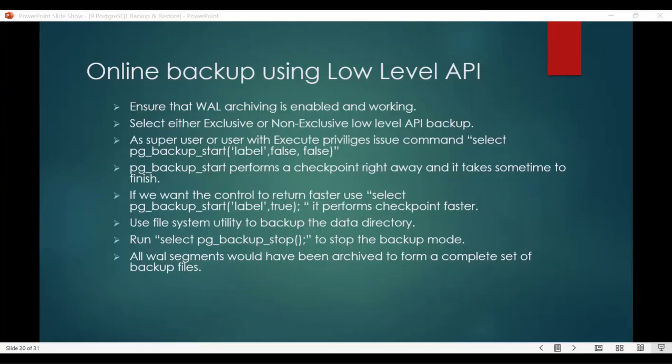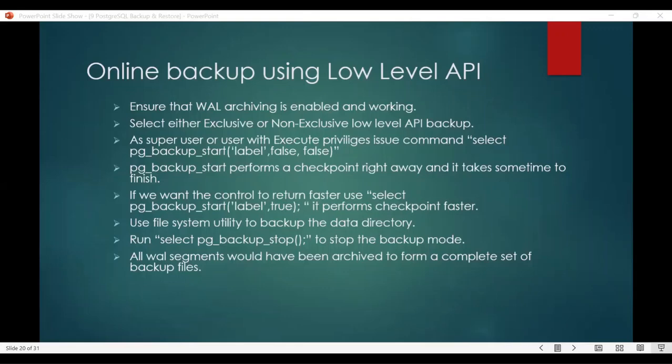Most of the time, even for backups or any other things, your Postgres cluster will take advantage of OS utilities. When we enable this backup mode, what happens in the background? First it will do a checkpoint. All the transactions present in the memory will be flushed to disk, which means all the data will be in the data files, and we are copying the entire cluster files, right? At that moment, if any transactions happen, they will not be applied immediately,